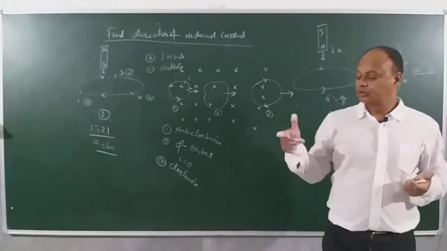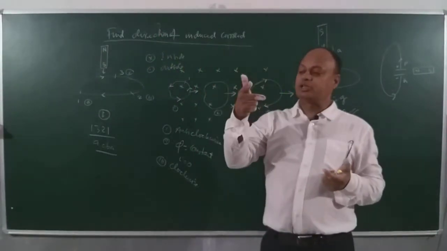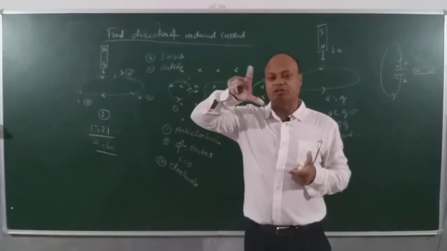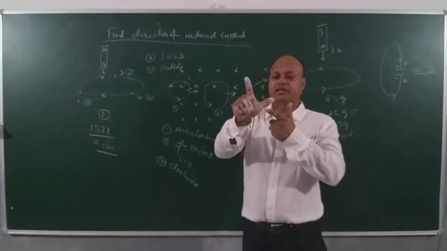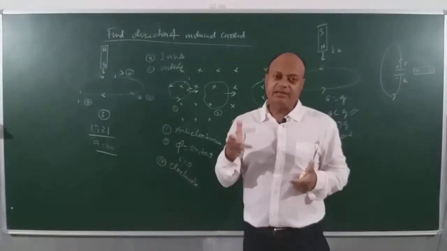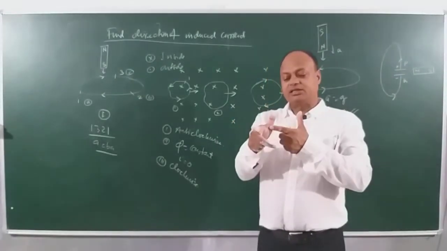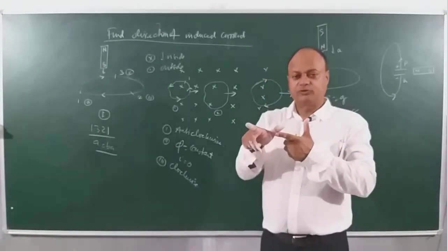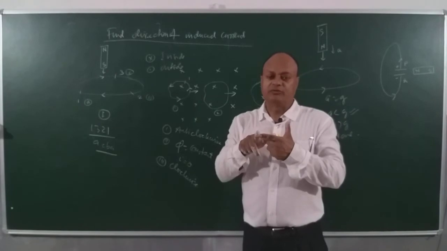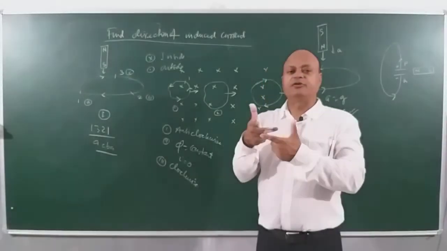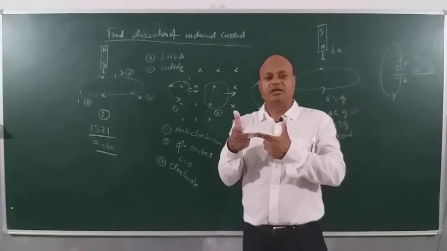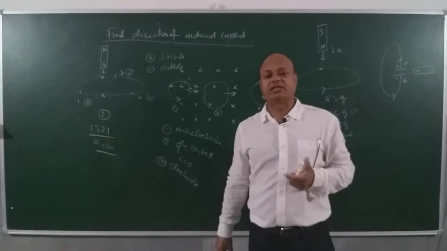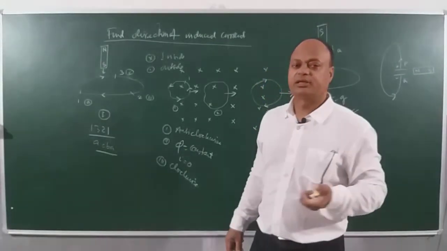Let's understand this. The law says that if you stretch the right hand thumb, the forefinger and middle finger at right angle to each other. You can see this, right? This is like x axis, y axis and z axis. And if the direction of motion is given by the thumb, the magnetic field is given by the what? Forefinger. Then the direction of induced current is given by the what? Middle finger. Clear? So we will be using this concept. Let's understand Fleming's right hand rule for direction of induced current. Okay, let's see this.